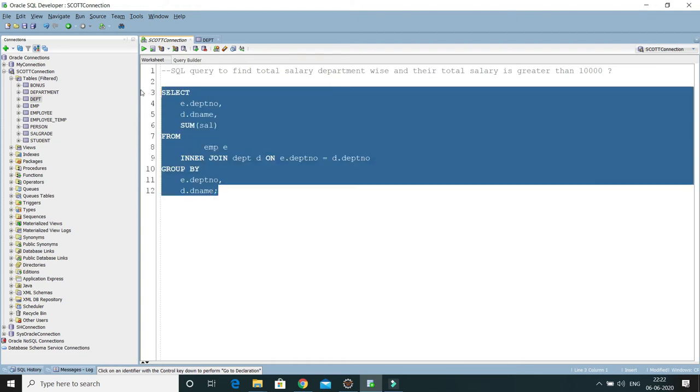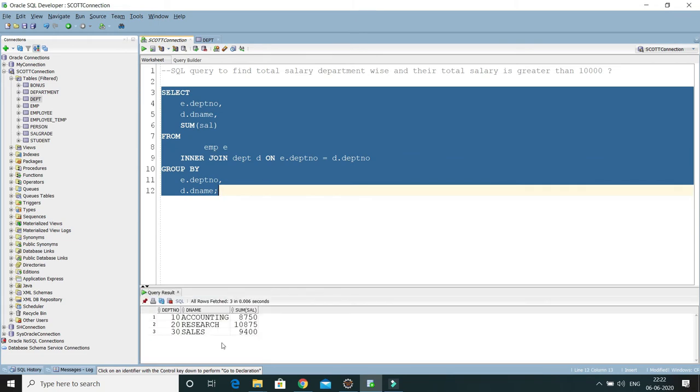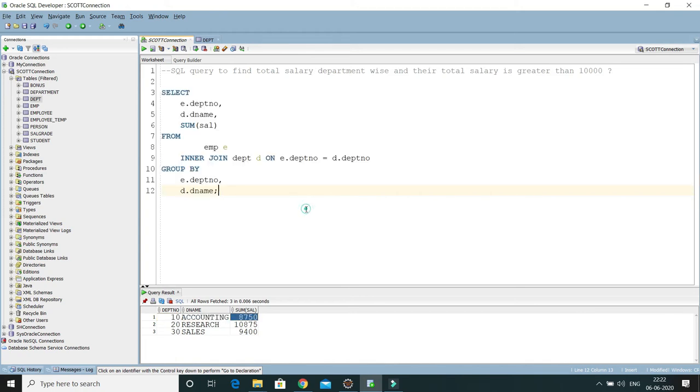Now if I run this query, we get the department number, department name, and the corresponding total salary in that department. Now we divided this information based on the department ID and name. So now we want to apply some filtration criteria on this data, and that's where we have to use the having clause.